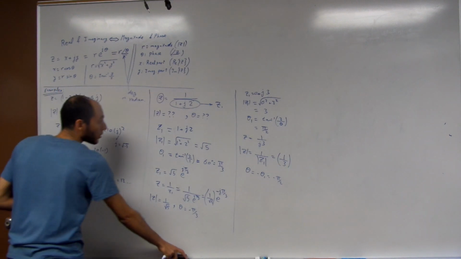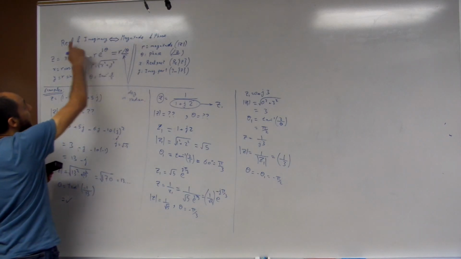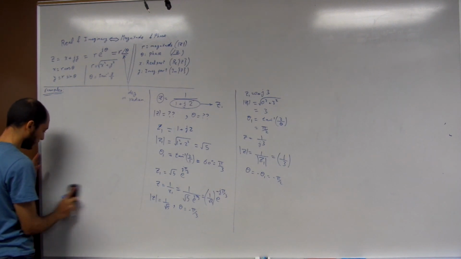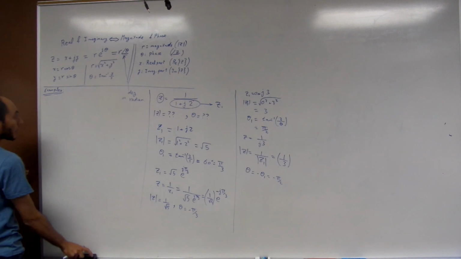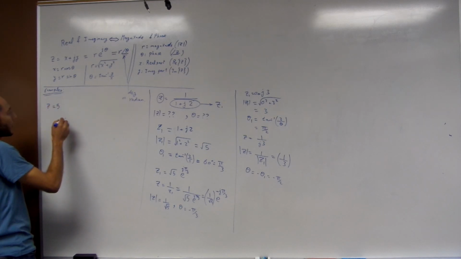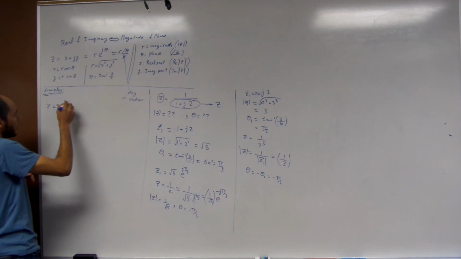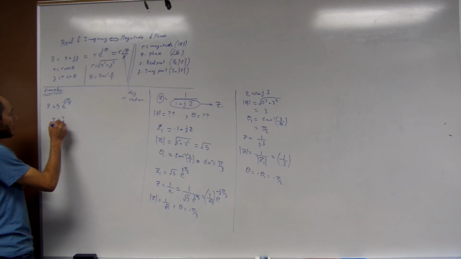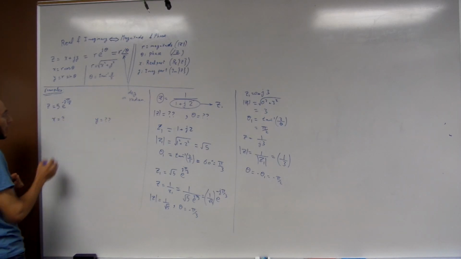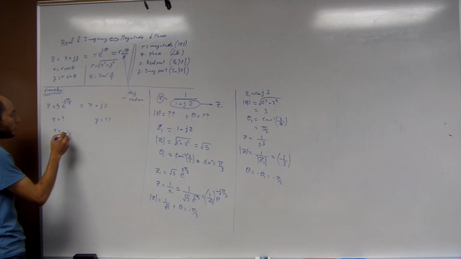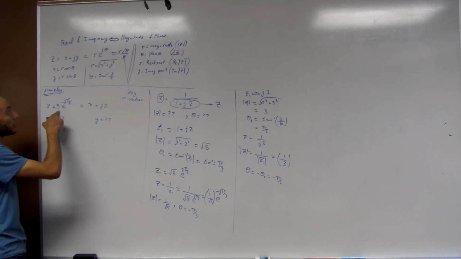Okay. Last example to convert from the magnitude and the phase to the real and imaginary parts. Given that z is equal to 5 e to the j pi over 6, and here let's put a negative. So what is the value of x and what is the value of y? I need to write this in the form of x plus jy. The value of x equals 5, which is the r,